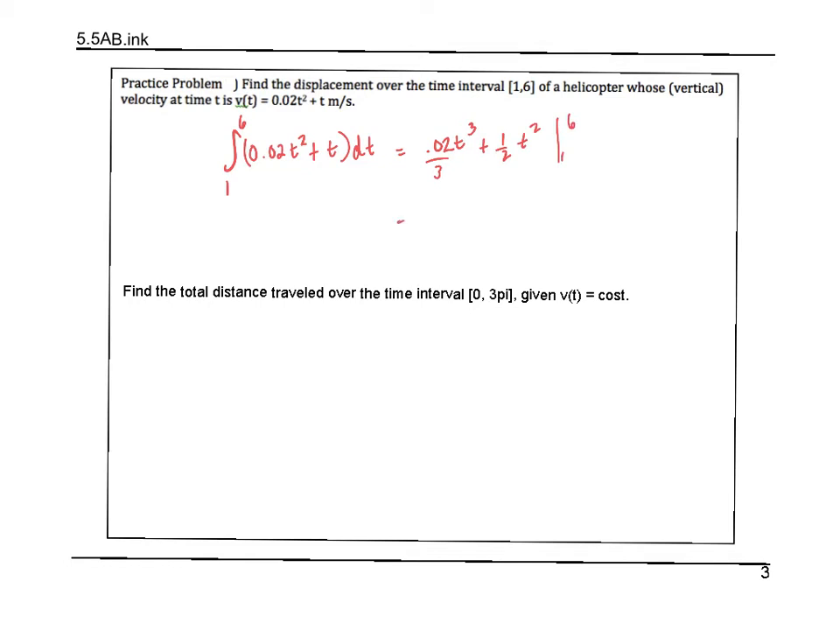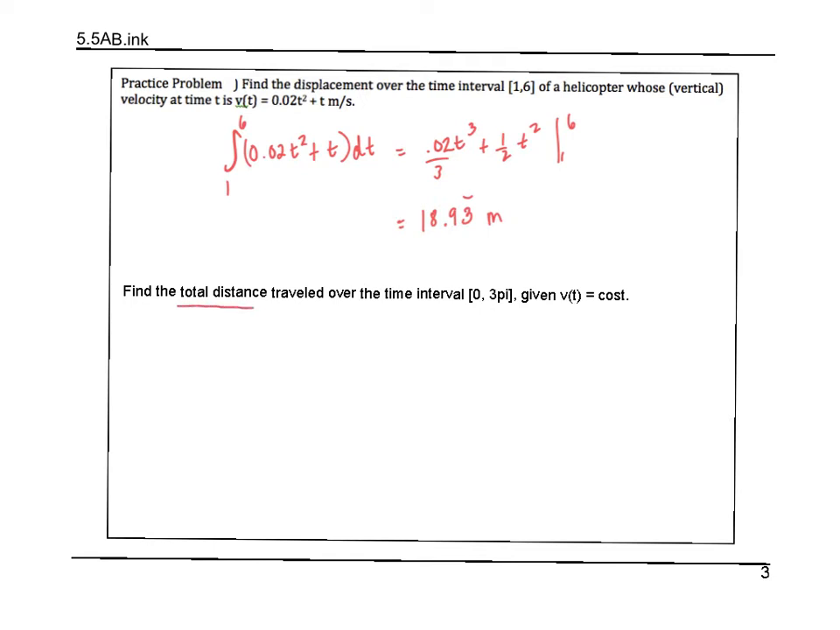For part of it, but ultimately your answer is 18.93 repeated meters. That's how far this helicopter has ascended in the time period from 1 to 6 seconds. Now this next one,